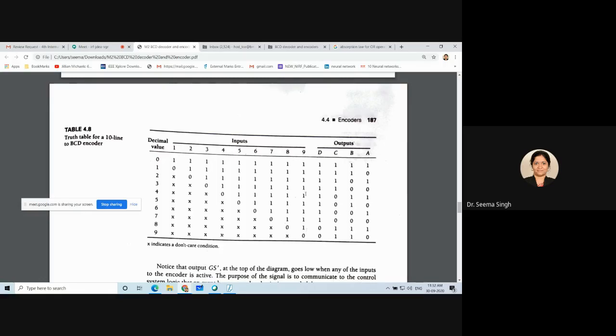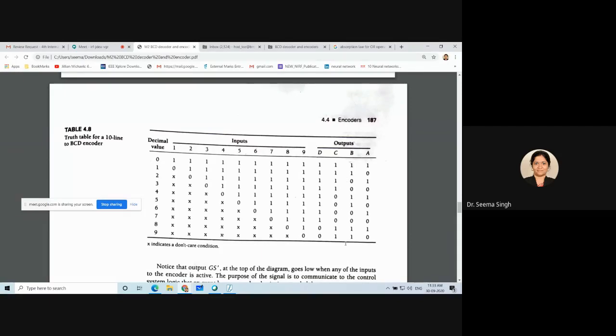So what will the equation look like? I will call the inputs D1, D2, D3 till D9. The name is given like that, you imagine. Now tell me the equation. D will be equal to D8 bar, plus D9. No, ma'am, it will be D8 plus D9 bar. Yeah, it will be D8 plus D9 bar for this one, into the second to last one, into D9. Correct. So this is the equation for your D.